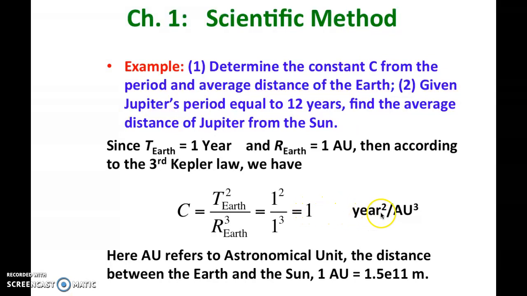The unit is year squared over AU cubed. So the constant equals 1 in this unit. Here AU